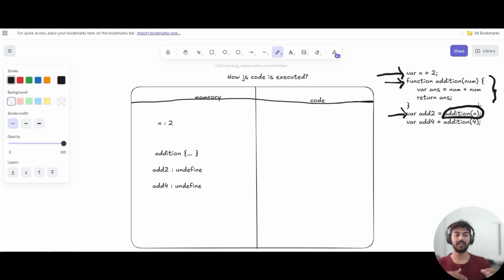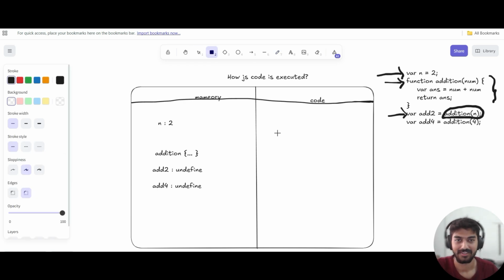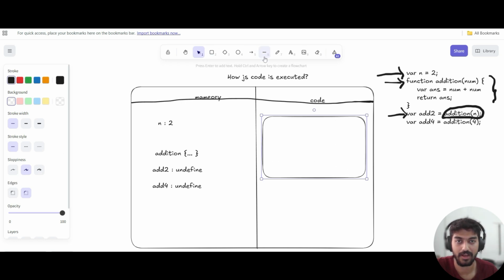So now when we invoke a function, a whole new execution context is created again. So let's create an execution context again here. So again we will have two phases. First one is the memory phase, second one is the code phase. Now inside this, what we can do,